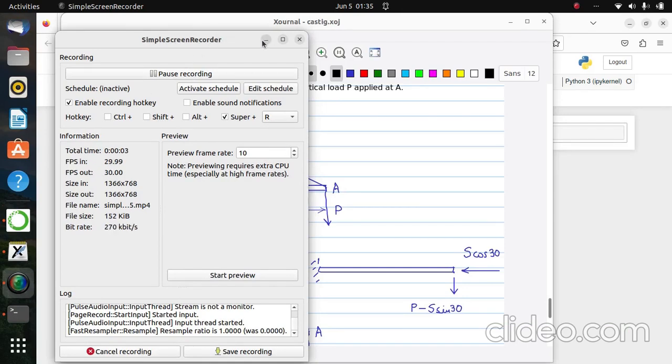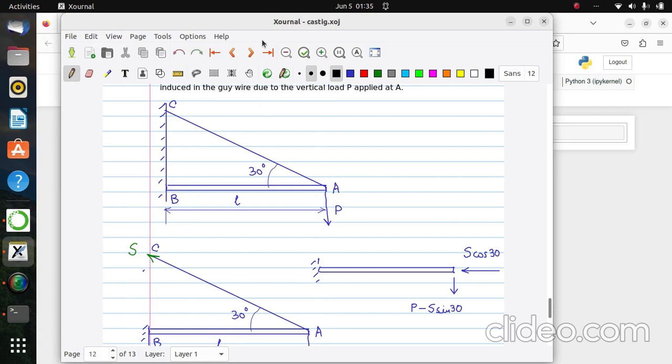So here for this problem we will use sympy. As you know, a cantilever wooden beam is supported by a steel guy wire. So this is a cantilevered wooden beam, and this is a guy wire, steel. So the cantilever wooden beam is subjected to, if you cut the wire here and expose the tension,